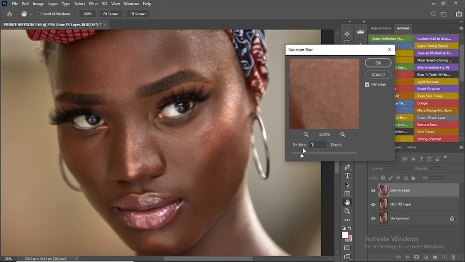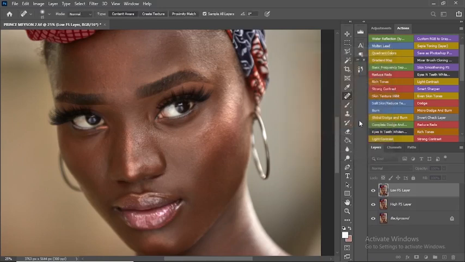In my style, I usually want the skin to be smooth, so I usually go down to 1.5. With a person that has high skin texture, I go like 2 or 3. The highest I go to is 4. Okay, so I like this 3. I'm going to press OK,